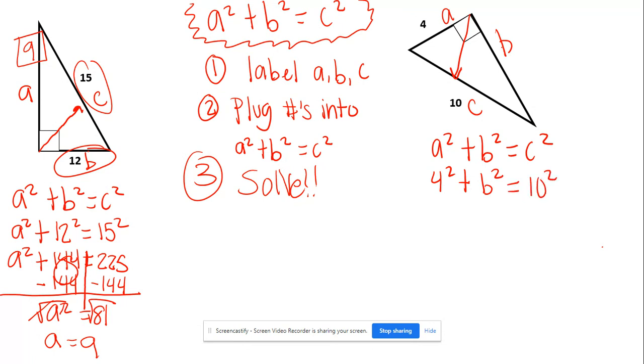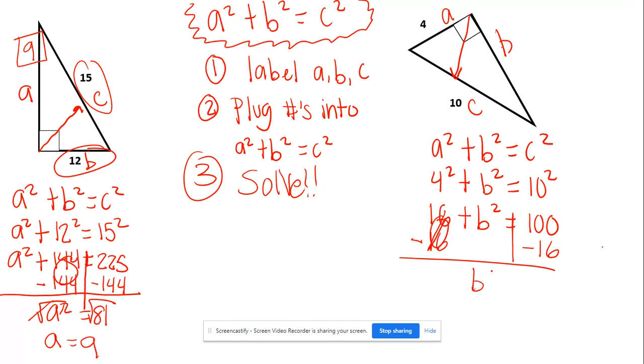So what is B? Let's get rid of those squares. So 4 squared, or 4 times 4 is 16, plus B squared equals 10 times 10, or 10 squared is 100. Now notice how our numbers are separated by the equal sign. So again, that's telling us to create our islands. We want to get rid of the 16. It's positive, so we're going to do minus 16 on both sides. So 16 minus 16 is 0. So I get left with B squared equals, and then 100 minus 16 is